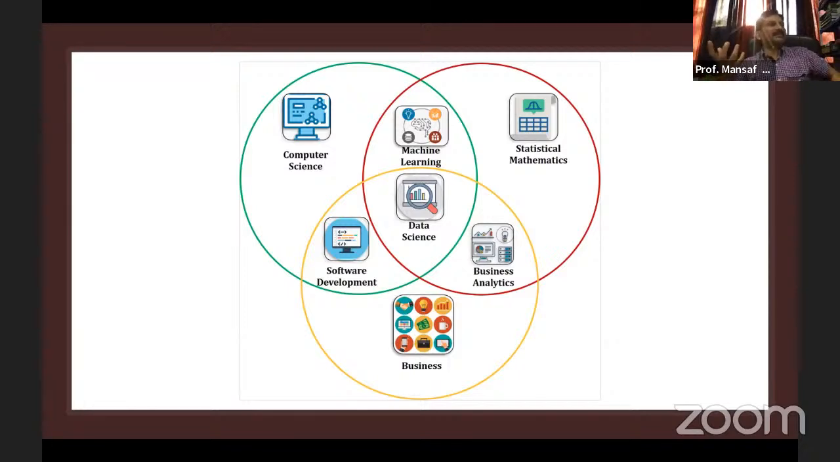If you are doing a business and you got profit or loss, then you have to collect the data, analyze the data, and then take the decision. So a lot of data are available. So people are using machine learning, statistical mathematics, data science, and business analytics. And the third part is software development, business, and data science. This diagram shows data science is